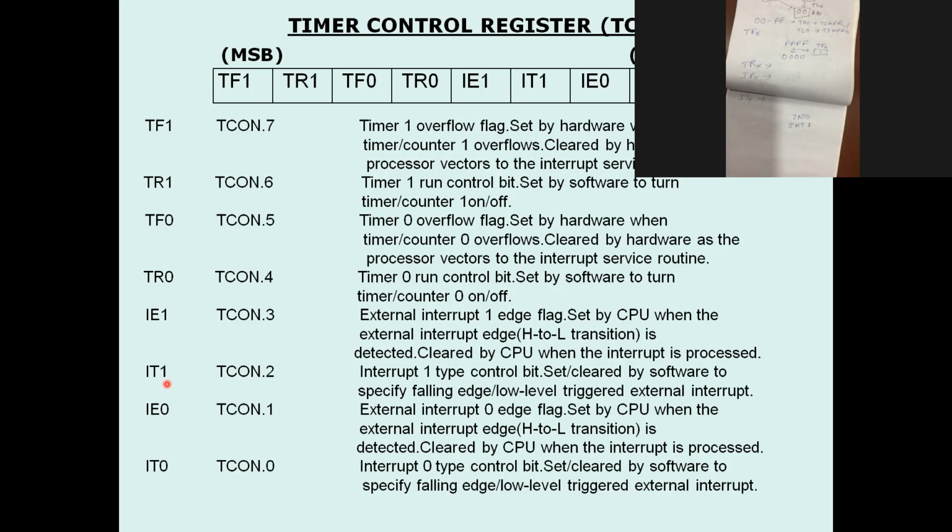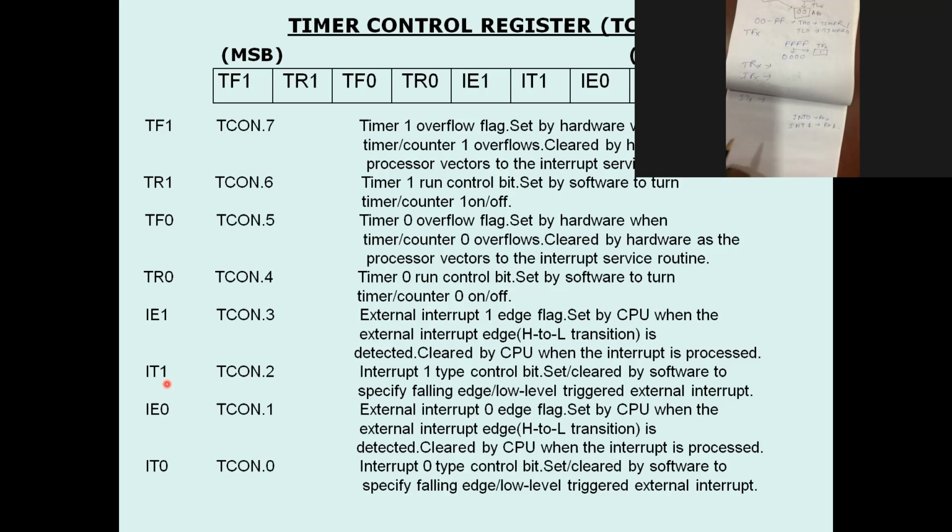These two pins are there. What are the functions of INT0 and INT1? This is external interrupt 0, and this is external interrupt 1, right?